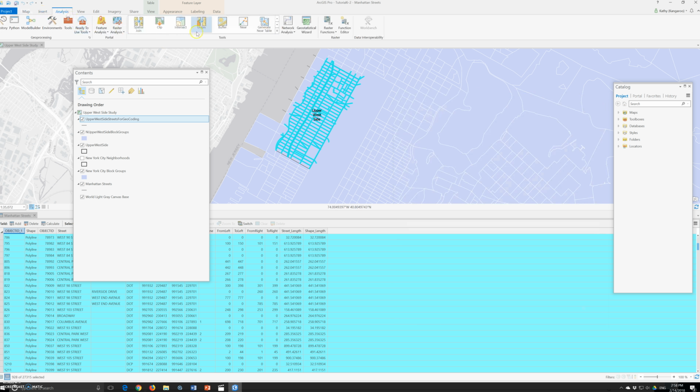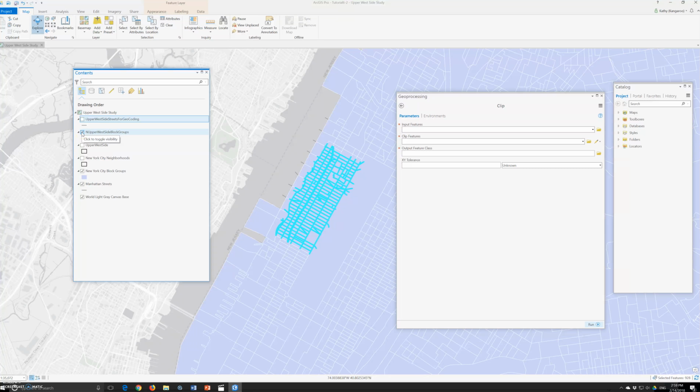So now we will turn off the West Side street geocoding. Turn this off, and then the Upper West Side block group layers. Maybe we can turn this on, and we can clear